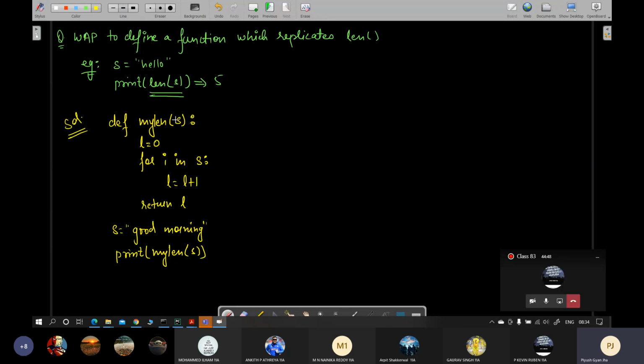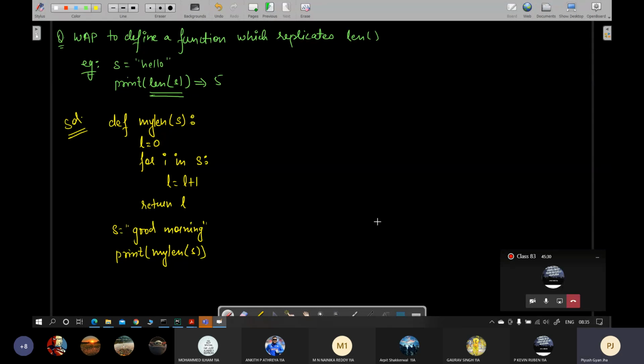Here we have both the same name, but they are in different scopes. l will be 0, then the loop will run over s. Every time I will get one character one by one from the string, and every time you will increase l by 1. By the time all the characters are traversed, the final value of l will be the number of characters in the string, which you will return. After the return, this function gets destroyed, and this entire function call is replaced by the value l, so one single value is obtained in its place. Then print will print that value.